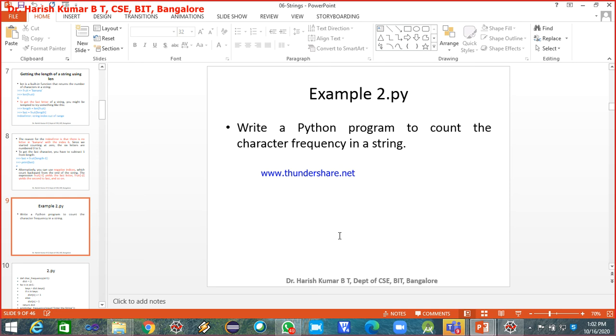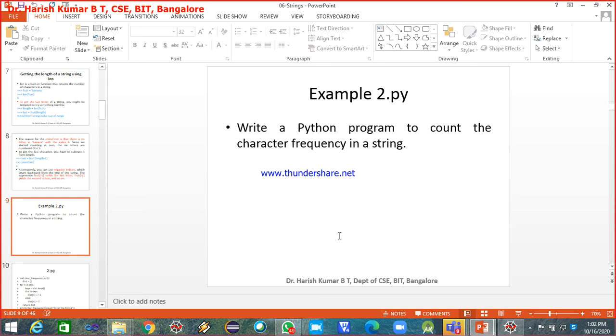Here we will use a dictionary, and we will discuss the dictionary in detail after strings. From this point onwards, along with strings you'll start learning dictionaries also. A dictionary is a data structure which stores key value pairs.